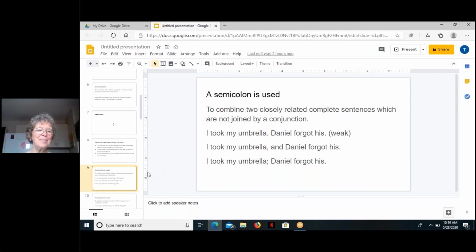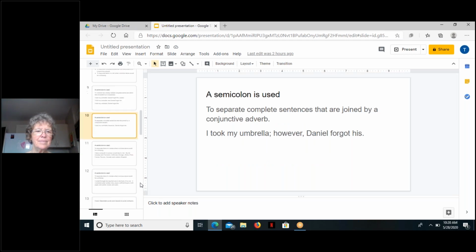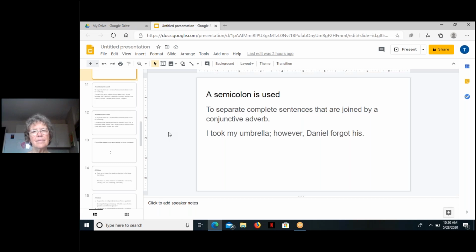conjunctive adverb. And at some point, maybe the teacher on this call can tell us a little better. I've appended to the end of this lesson some lists of conjunctive adverbs and conjunctions to help with that. But is there a quick way, teacher Chris, for us to know the difference? Not that I'm aware of. Yeah. Sadly, my experience is in social studies, not English, so this is slightly outside my expertise. Yeah, it is hard. So my best insight for that is to take a look at the lists at the end of the lesson and become familiar enough with them so that you'll know whether a comma is required or a